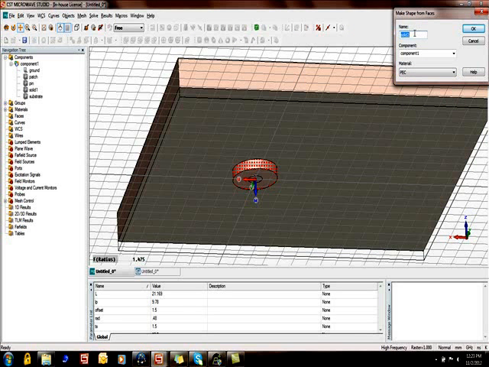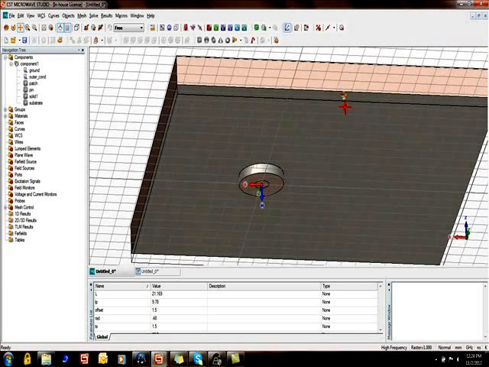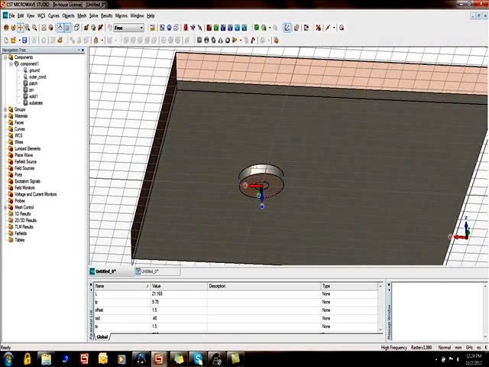Give a material as PEC, and then you can name the conductor and then click OK. So now you have a proper coaxial line.